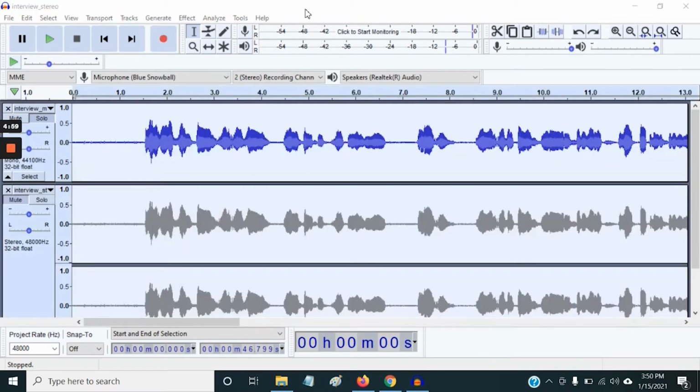Now we've already seen that you can use the spacebar to start and stop playback. So